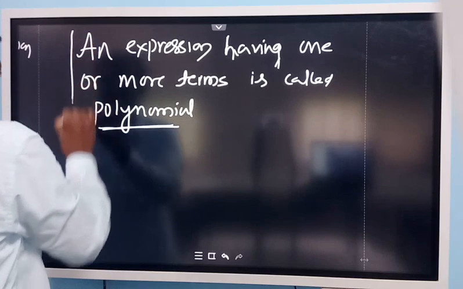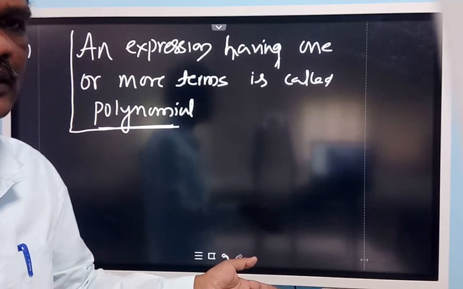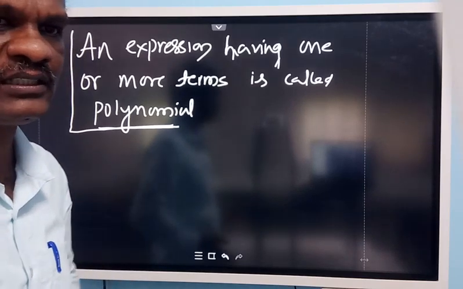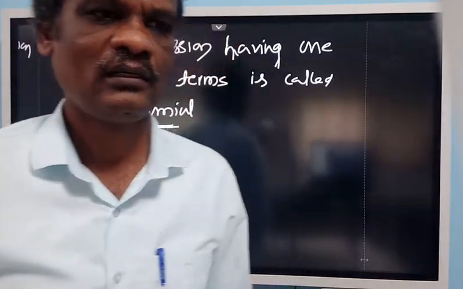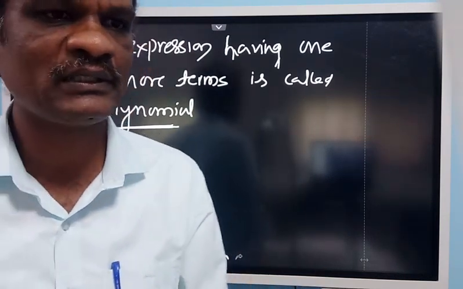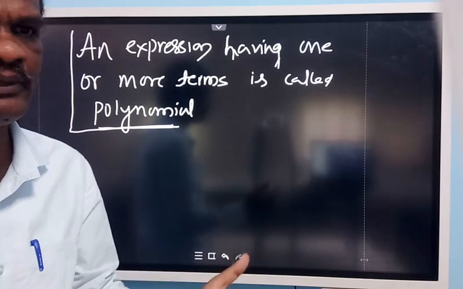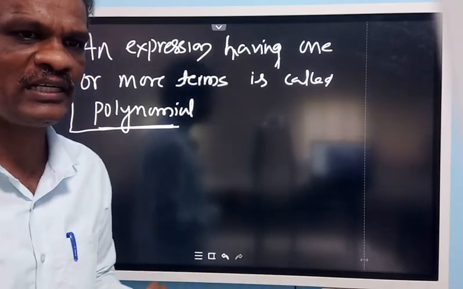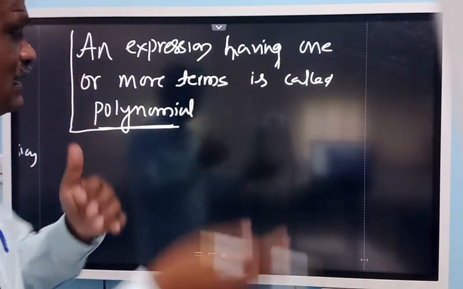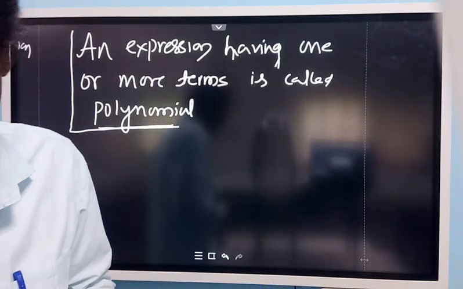So according to this, every monomial is also a polynomial, binomials are also polynomials, trinomials are also polynomials. Later we call polynomials with 4 terms, 5 terms, 6 terms, like that by the number of terms. A polynomial with 10 terms, a polynomial with 50 terms. But initially a polynomial with 1 term is called a monomial, with 2 terms a binomial, with 3 terms a trinomial. So all these, monomial, binomial, trinomial or any expression, are called polynomials only.